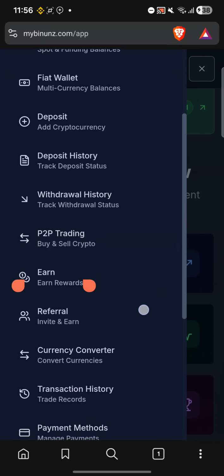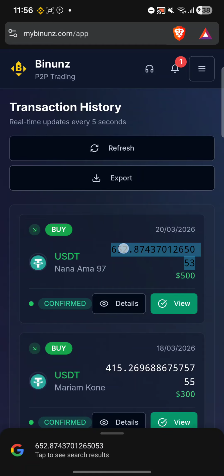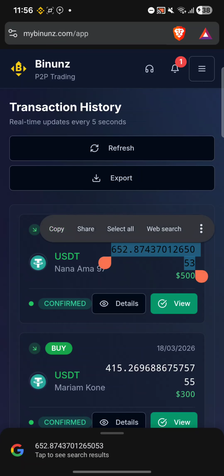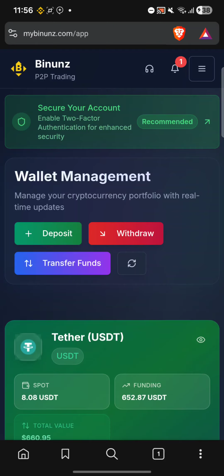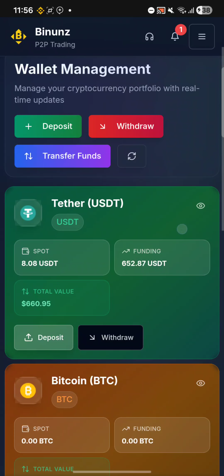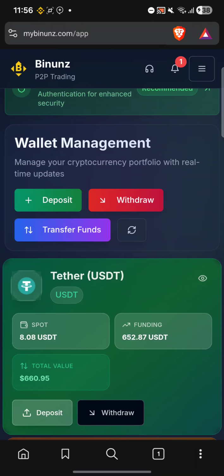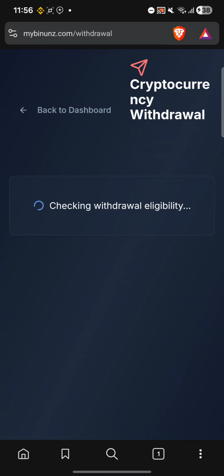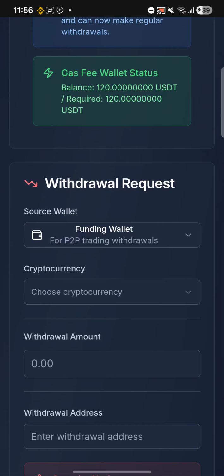660. If we go to transaction history here, guys, you can see the trade that I have made with Nana Ama, that I got 652 because I had $8. Now I have 660 in my account. So now guys, since I already have 652 in my funding account, the next step I'm going to do is click on withdraw, and then guys, I'm going to scroll down here,